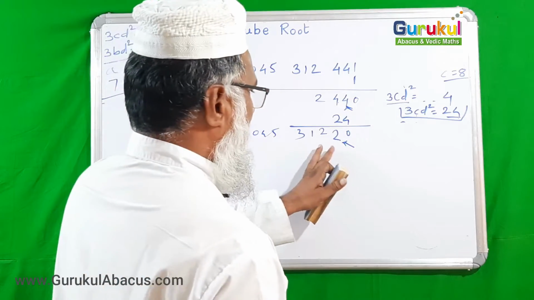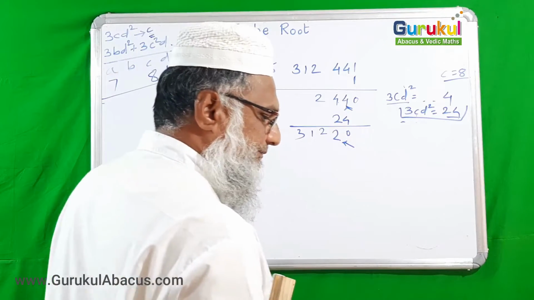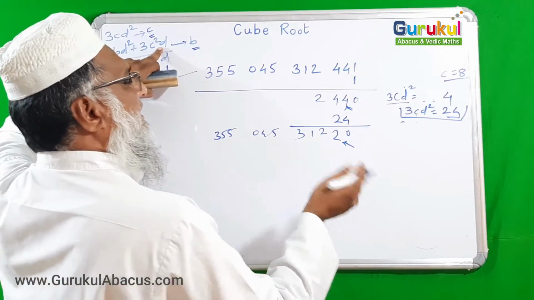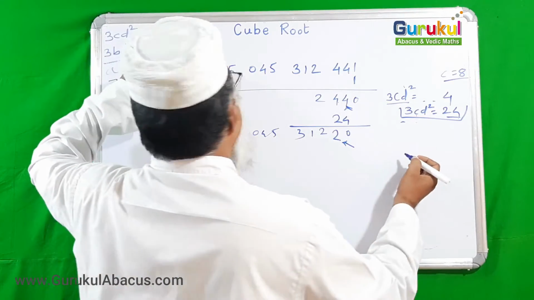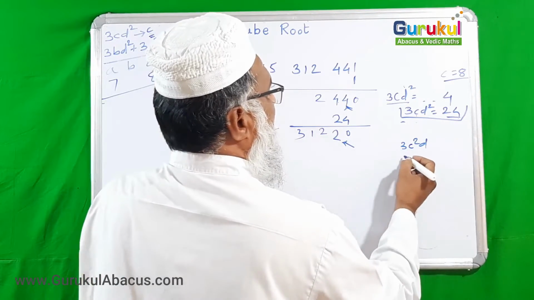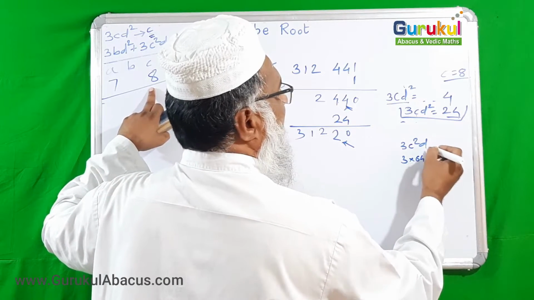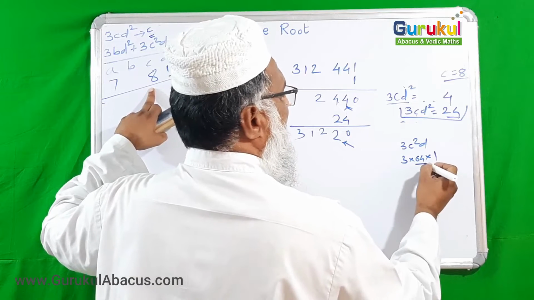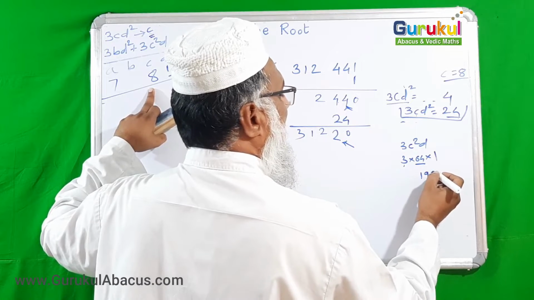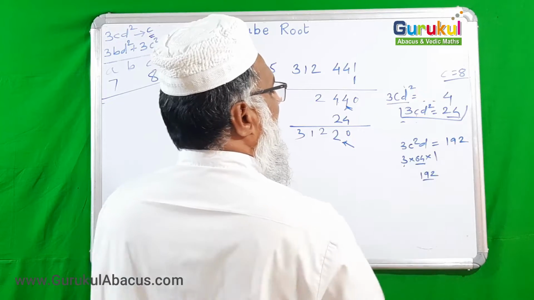Okay, so now from this we are going to subtract our next term, that is 3C square D, we are finding and subtracting it. 3C square D we are finding firstly. C square is 8 8s are 64 and D is itself 1, so let it be. Now 64 into 3, 3 6 are 18 and 12, 192. We have just got the value of 3C square D.